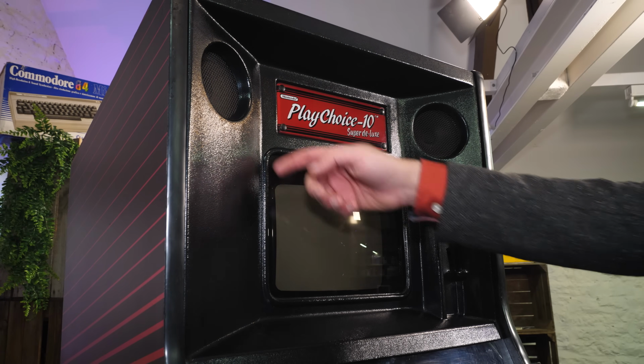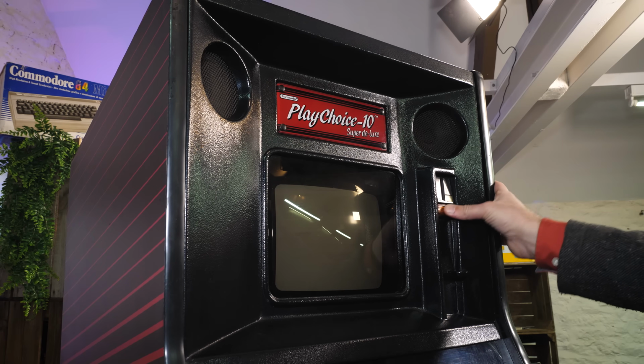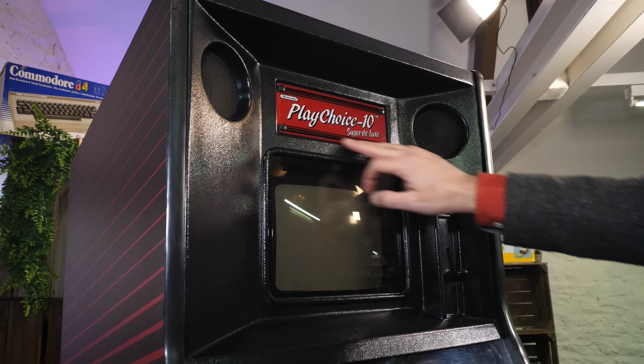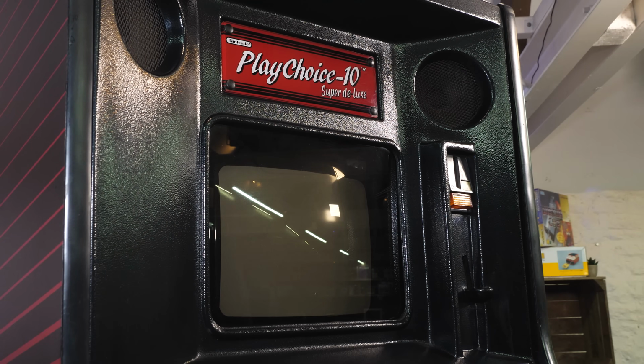Let's continue inspecting the machine then. At the top of the machine, we've got our coin mechanism, and there's this large plastic bezel which goes all the way around the monitor, and I'm really pleased to see it's got no cracks in it. If you look closely, there are a couple of scratches, but nothing that won't buff out with a bit of polish, but it looks nice. It's got a small marquee at the top, and that is interchangeable, because in theory you could just put one game in this cabinet and you could have a game specific Punch-Out or Metroid or whatever marquee that you wanted to put up there. We've also got a couple of speakers, and then that monitor,